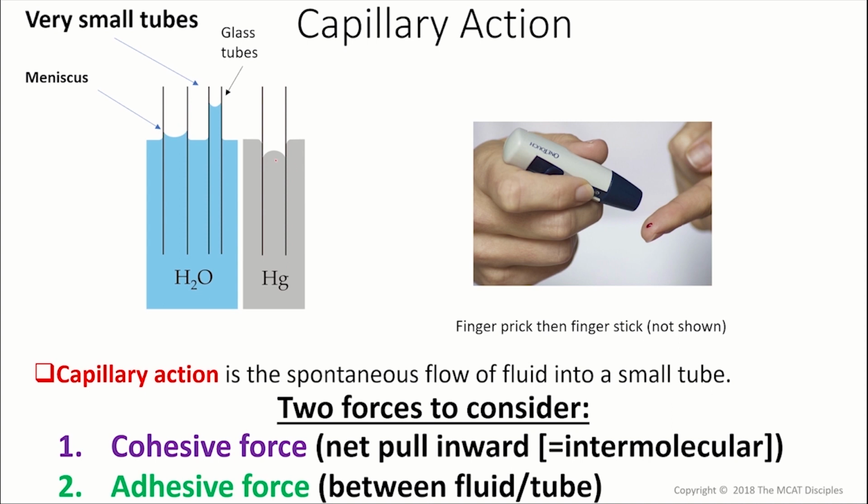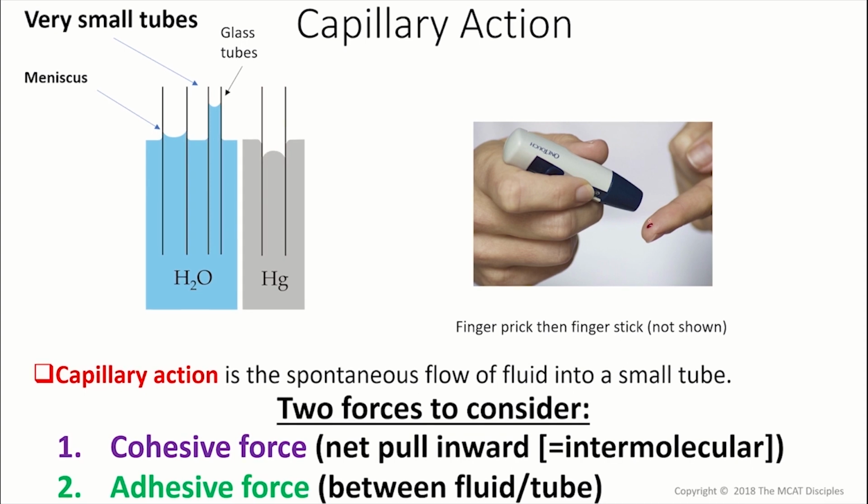That is not the case with mercury, as shown here. The attractive force between the polar silicon dioxide glass here and the nonpolar mercury is causing that pull downward. And so you'll notice that this pull downward is not due to attractive force with the glass, but rather due to the cohesive attractive forces within the mercury itself.